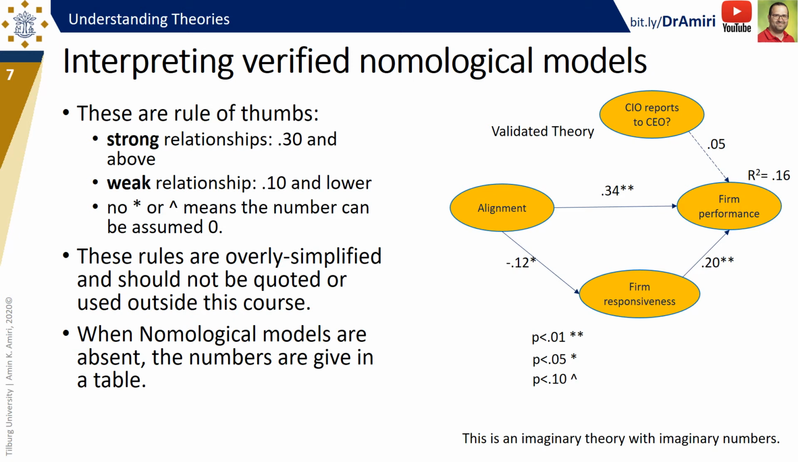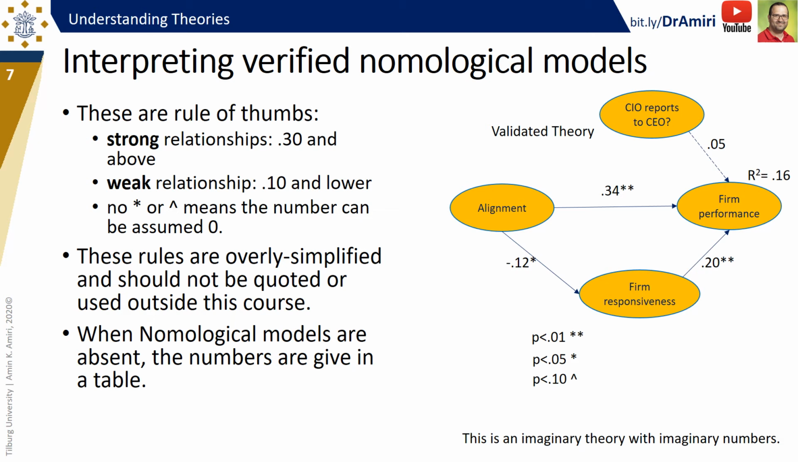We usually interpret the strengths of a relationship using the numbers that are calculated after data analysis. A relationship is strong if you see a number of 0.3 or higher in a structural equation model, like a nomological model like this, not simple regression analysis. So if you see in papers, they usually use these normalized numbers. A number of 0.3 or higher